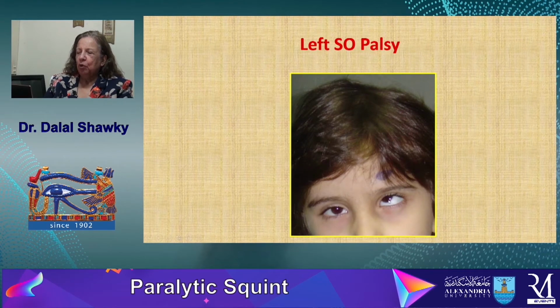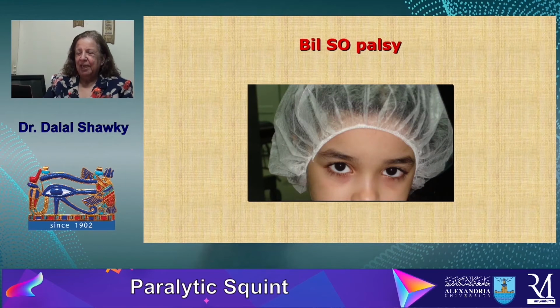Here, left superior oblique palsy, abnormal head posture, head tilt. Here it is evident, and face turn toward the normal side, and hypertropia of the eye even in this adduction position. Question. Here, bilateral superior oblique palsy, we have here evident head tilt to the left, and the face is